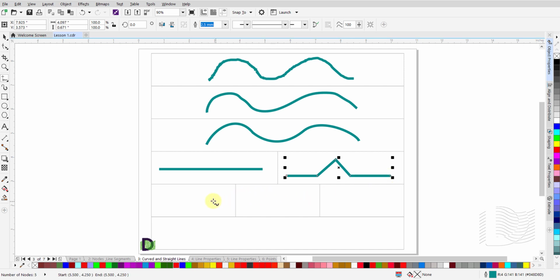If you wish to draw a perfectly horizontal or vertical segment, then click and release to start that segment. Hold the Control key down or the Command key on the Mac and drag the mouse in the direction you wish to draw or extend the line, horizontal or vertical. Click once and release at the desired end point.